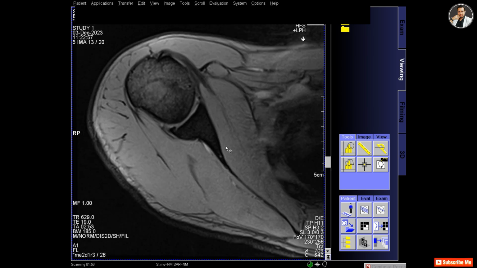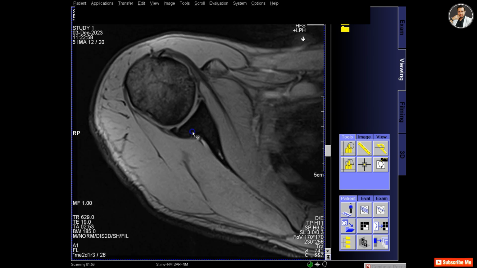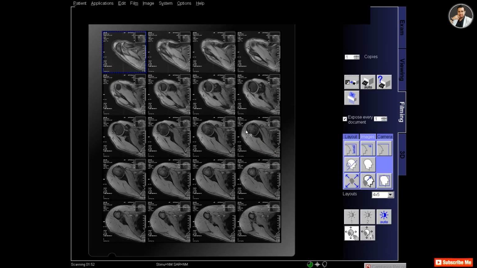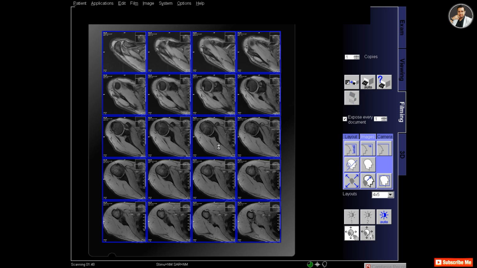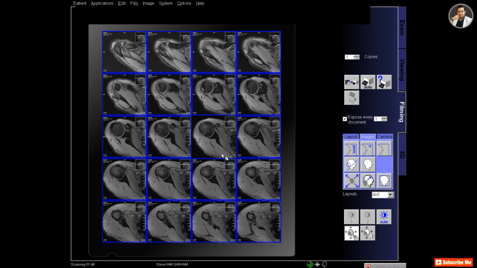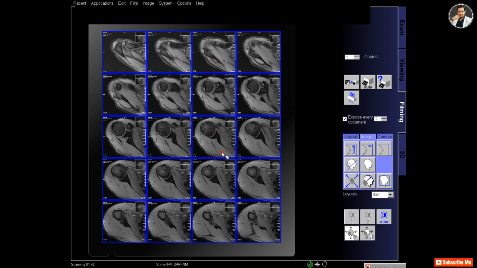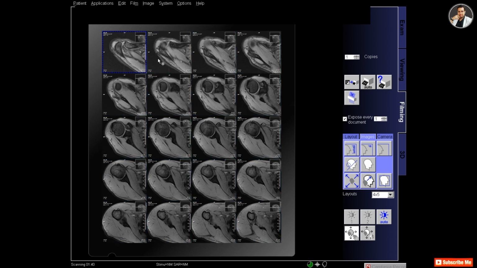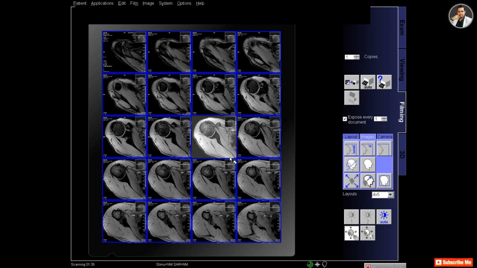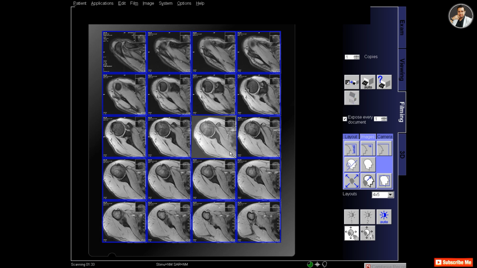So now is T2 star transverse, and this is called T2 ME2D in Siemens. So select series and send it to the filming, and zoom in a little bit and drag the image to fit perfectly in the film. And this is again a 4:5 film layout.